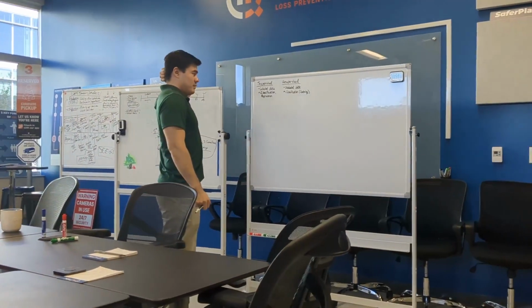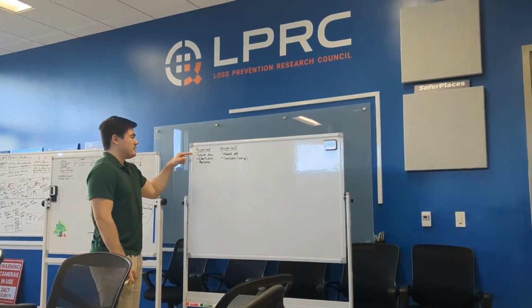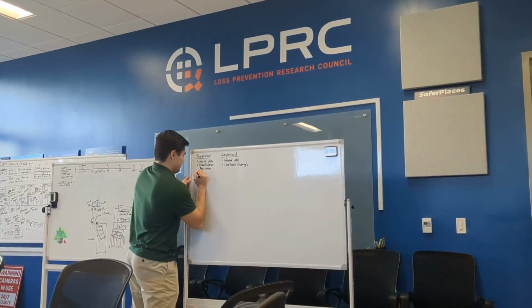So yeah, we have supervised, unsupervised. With supervised, we have labeled data. So an example of that would be